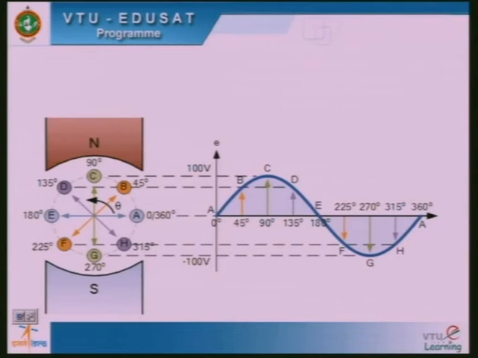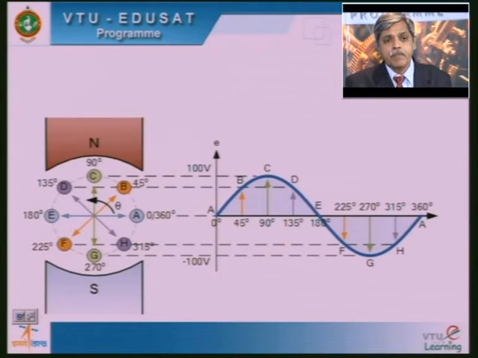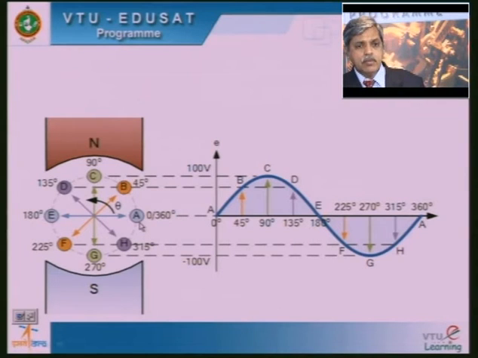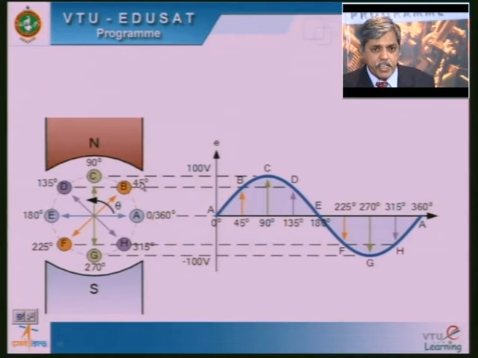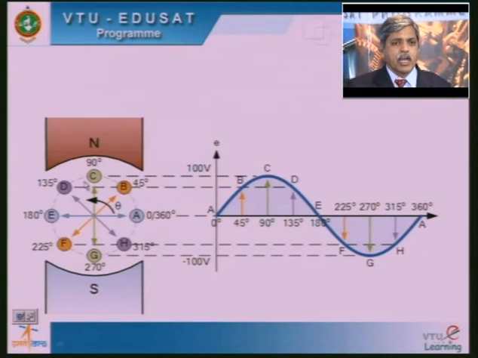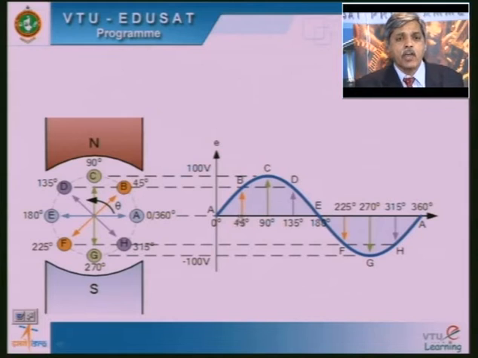See, this diagram will tell you about the same thing I just told you. Here I have represented different positions for the conductor. I have taken only one conductor here. You can see A at 0 degrees, B at 45 degrees. I put a different color notation for the conductors, and correspondingly on the other side I have given the instantaneous values of the voltages.